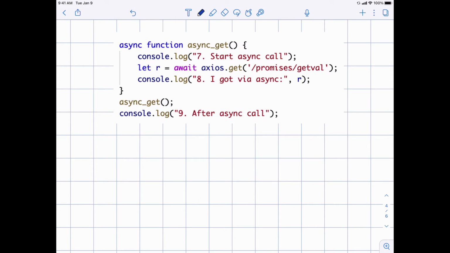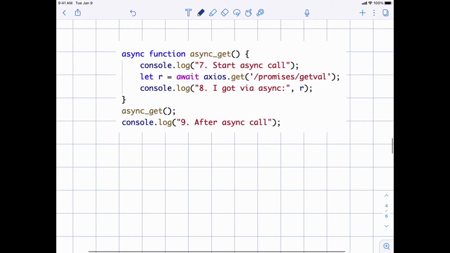There is yet a third way of doing the same thing, and that is to use async functions and await. We create an async function. The crucial point about an async function is that it returns a promise. Okay? So this function will return a promise. It's not a function that can ever return a value, an async function. It returns a promise that can contain a value in the future. In this case, we are not using the return value.